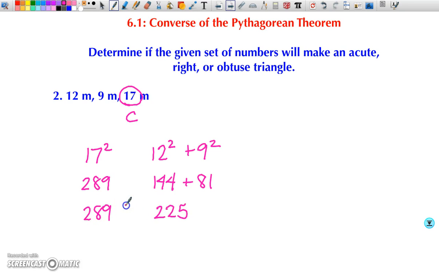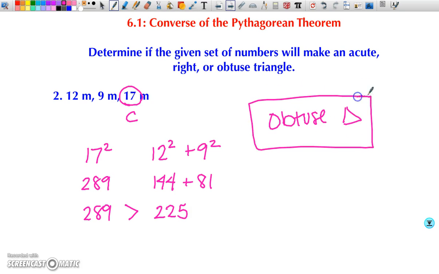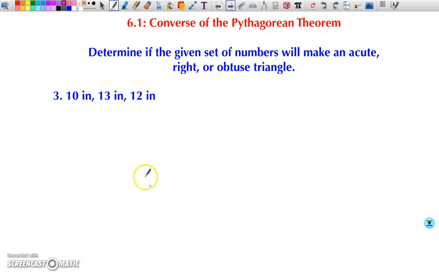Well, in this case, this number is larger than 225, and because it's larger, that means it will be an obtuse triangle. So remember, you always want to do c squared, and then over here a squared plus b squared, and compare your information. All right, third example, this is your c because it's your largest number, so we'll do